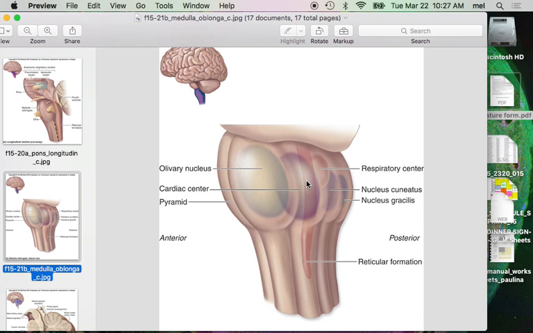So now what we have done is just told the story of everything from uniquely human personality and intellectual functions, all the way down to rage and reflex and sex drive, and all the way down to really life-sustaining functions like respiration and cardiac function, right? And then from there on, we're just going to move down to the spinal cord in the next set of notes. Does that make sense? Okay, so